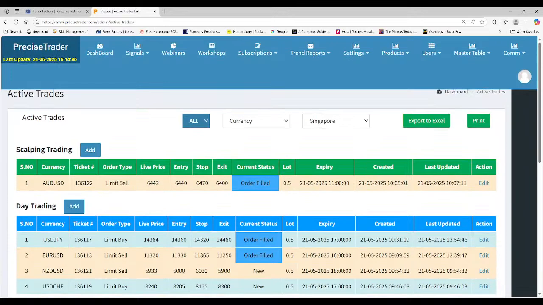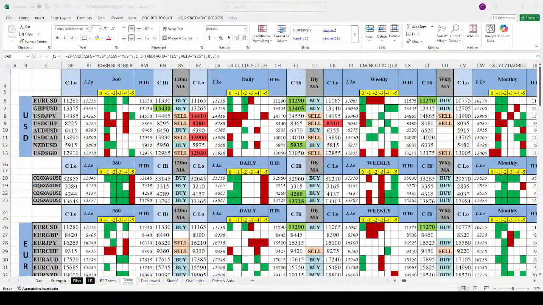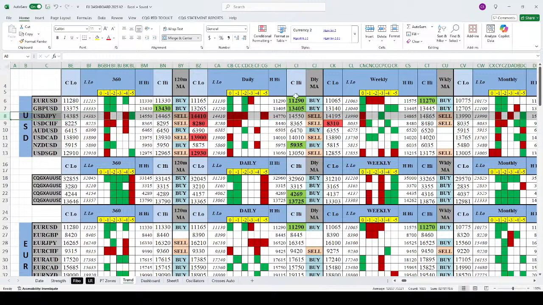The next trade we are going to look for is dollar yen. Let's see the dollar yen. The weekly is down, and this is an extension of previous range trading, which means to say that this is expected to fail.